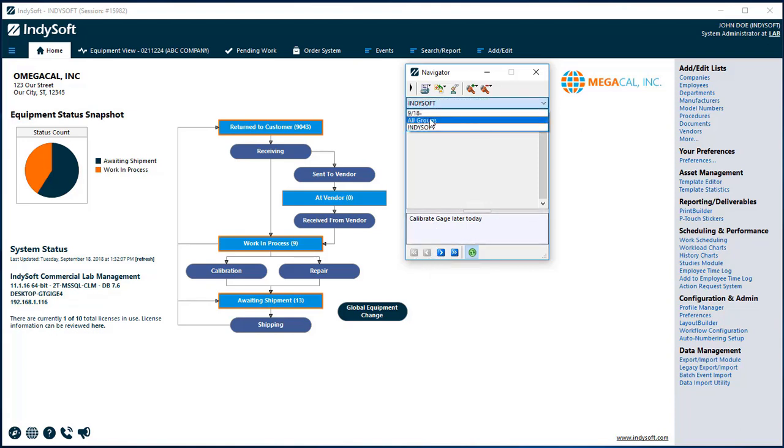I don't have any other gauges in that list, but if I go to 918 and I click on this, it'll go to the next gauge in sequence. If I double click on that gauge, let's see here, it automatically changes the gauge that is on my equipment view. So as you can see, it's AG0010. I double click on this, it changes to the next